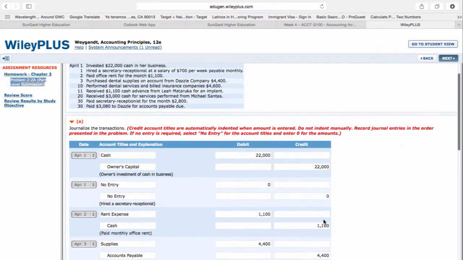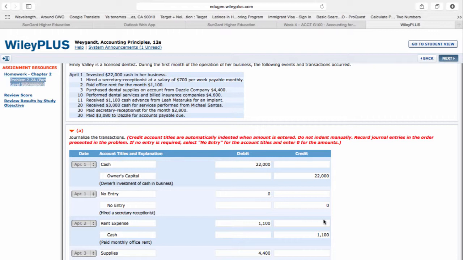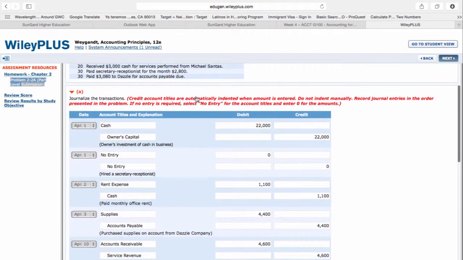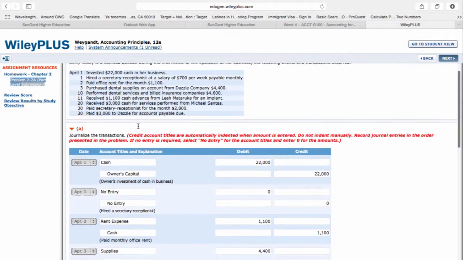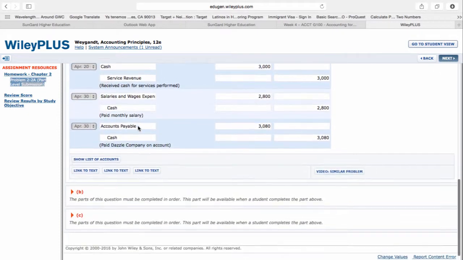That is just a way of us checking that you are paying attention and that you're not just journalizing for the sake of just journalizing, because you have to make sure that you review that some of the transactions cannot be recorded because they do not involve money transferring from one place to another. And you're going to be continuing to do that for each of these transactions here. You're going to be journalizing them. Once you do that,